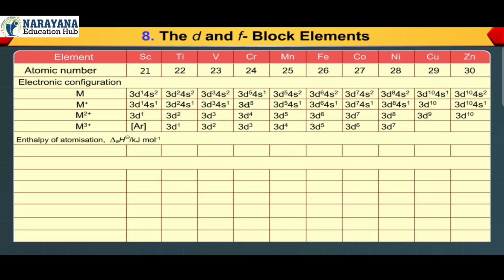Enthalpy of atomization, ΔaH standard, kilojoules per mole: 326, 473, 515, 397, 281, 416, 425, 430, 339, 126. Ionization enthalpy, ΔiH standard, kilojoules per mole, ΔiH1: